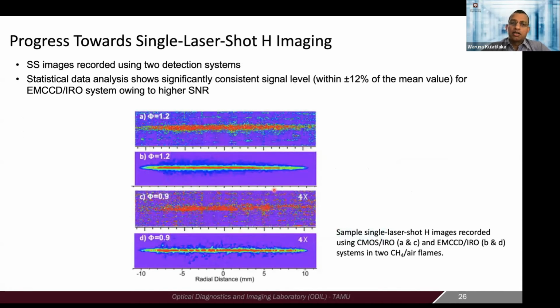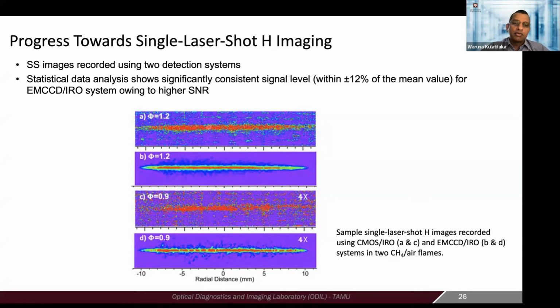Again, as combustion researchers, we are always interested in turbulent combustion. Turbulent combustion means the 2D or 3D flow field is varying in time. So there is always interest in doing these measurements as snapshots, which means single laser shot measurements. So we have investigated the possibility of doing these single shot measurements as line images, again doing some tricks for our detection channel to increase the efficiency of the detection, and also trying to get the maximum possible amount of laser into the probe region. So we have seen limited success with that.